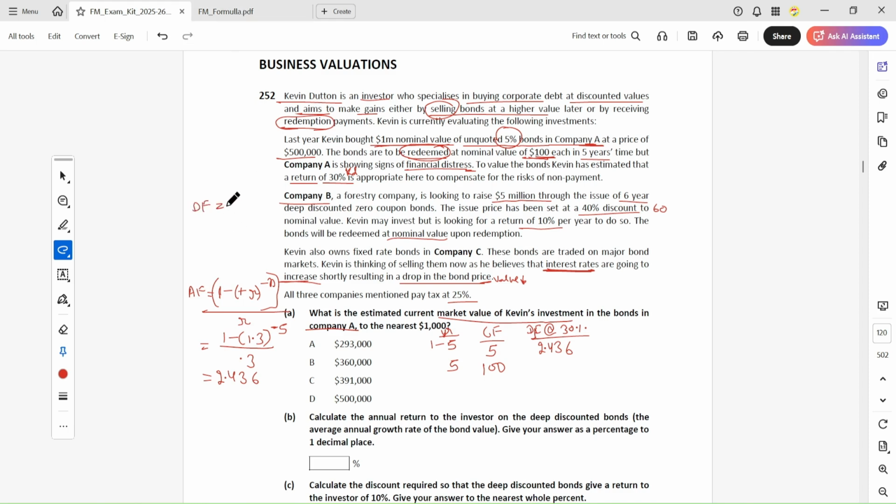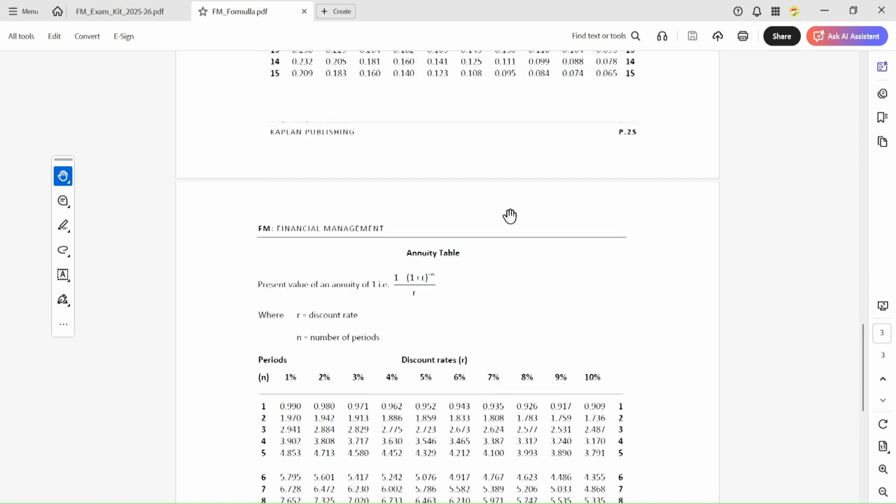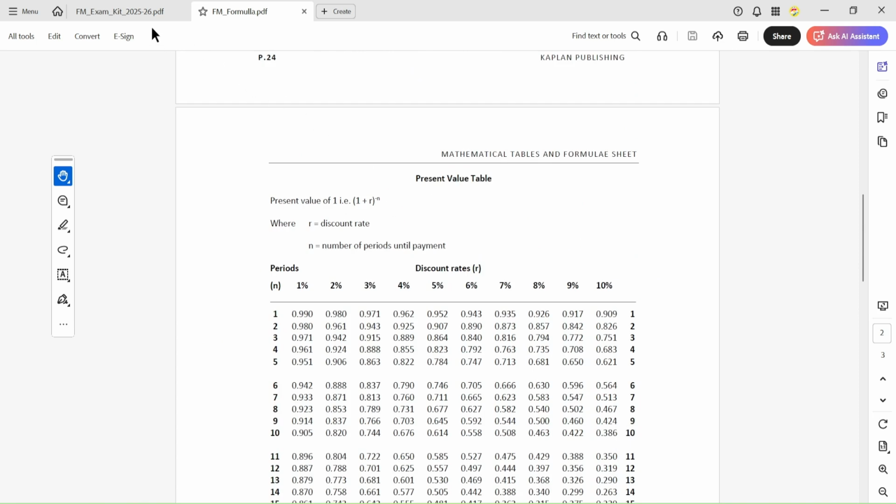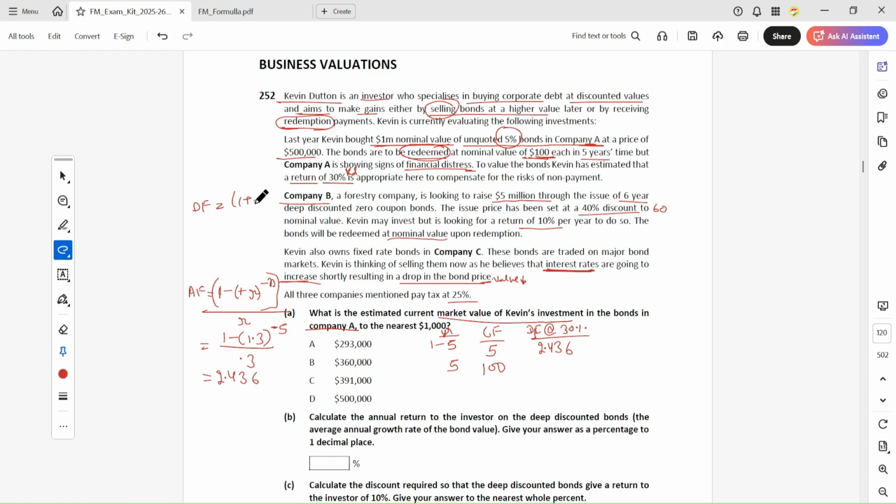The discount factor for 30% is not given, so we have to use the formula (1 plus r) to the power minus n. So 1.3 to the power minus 5, where the compounding is 5 years. Now we will get the answer of 0.269. So 0.269 is the answer. When we multiply this with this, we will get